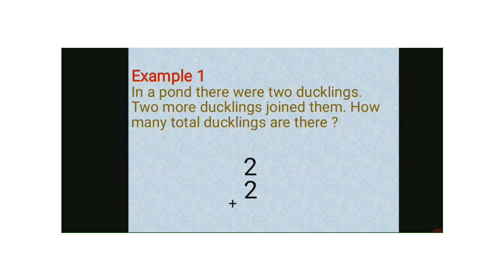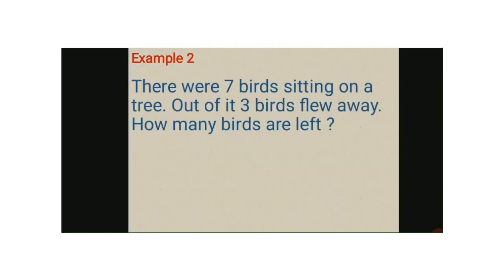The two numbers you will find over here: two ducklings and two more ducklings. So 2 plus 2. 2 plus 2 is always equal to 4, right? We take our two fingers and then you are going to add 2. After 2, what comes? 3 and 4. So you will not take the above number, you will take the down number and take out two fingers, and from the above number you will continue 3 and 4. The answer is 4. So 4 ducklings were there.